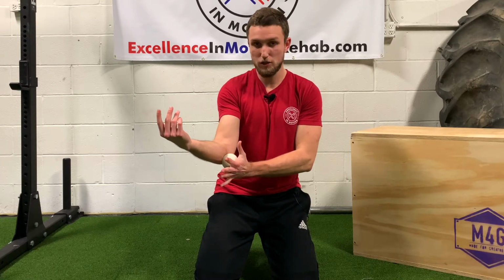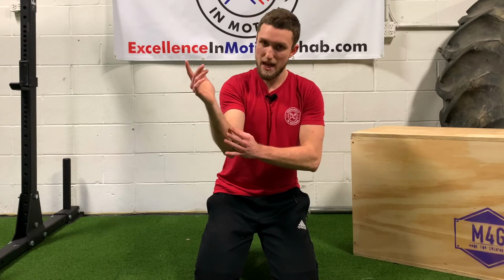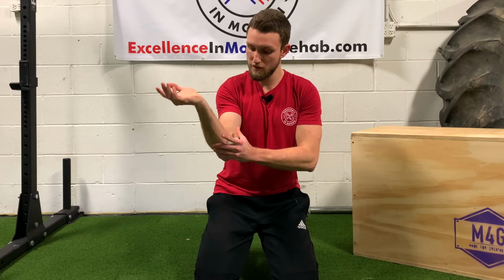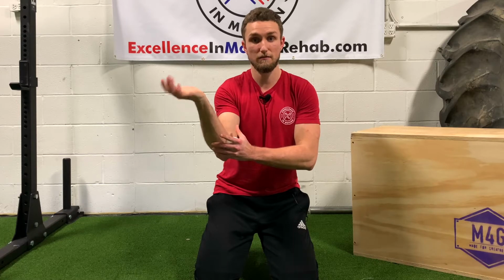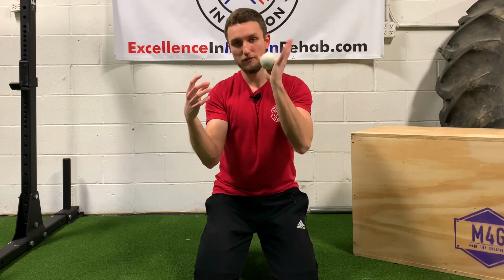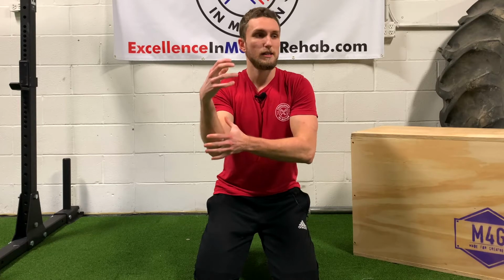So what I'm trying to do is, either with this hand or down on the floor, pin down that system and create pressure, okay? With the pressure, I want to move that muscle system through its normal range of motion. In this case, it's this flexion and extension. It's going to cause those muscle fibers to expand and contract with the pressure from the lacrosse ball, creating an ischemic environment, or lack of blood flow,